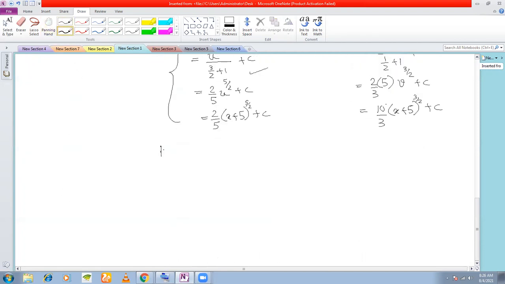Now we can put, hence I is equal to I1 minus I2. The value of I1 is 2/5 (x plus 5) to the power of 3 by 2 plus 10 by 3. Value of I2 here is minus 10 by 3 (x plus 5) to the power of 3 by 2. And because let's call these arbitrary constants C1 and C2, you actually get C1 minus C2, which merge to give you another constant K.